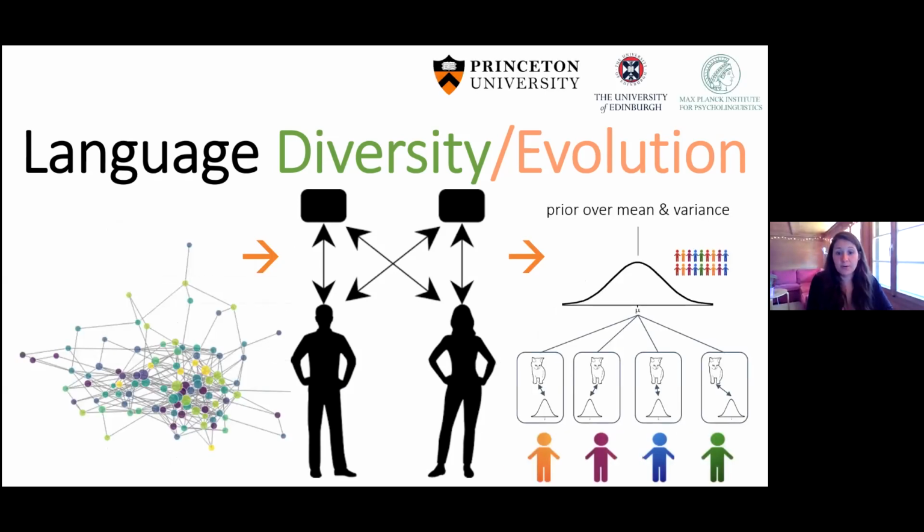This is joint work with Simon Kirby and Bill Thompson. What we are trying to do is resolve this by using a hierarchical structure in the model. Here there are populations of hierarchical Bayesian agents. They interact with each other using different variants. But they don't just infer the mean of the entire population. They also do this with respect to specific agents they have already interacted with. So basically, they keep track of two things. They keep track of who said what or signed what, so they build a model of individuals, and they have a model of the whole population, the average of everybody they know.